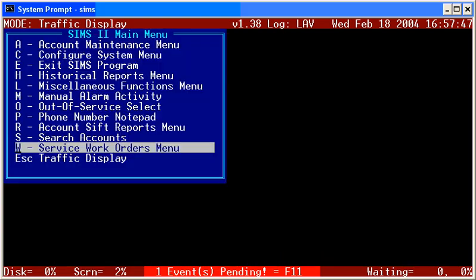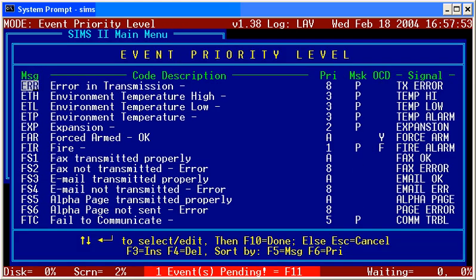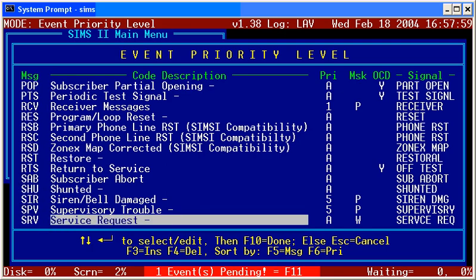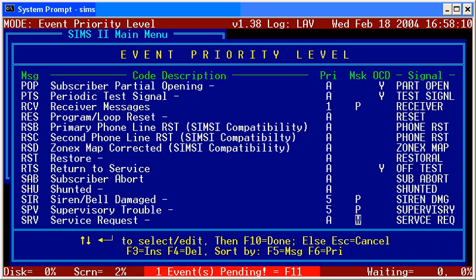If I go to the SIMS2 main menu and I go to the event priority levels, I can come down here to the SRV mnemonic. That's a mnemonic that we set up in the default. It's a service request. Notice I've set it to autolog, but the masking is a W, which is the service work order masking. If any signal comes in that has the mnemonic SRV, we will autolog it, but at the